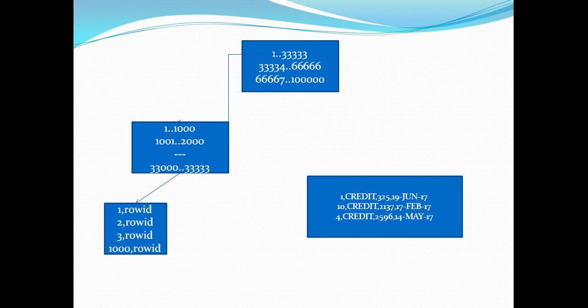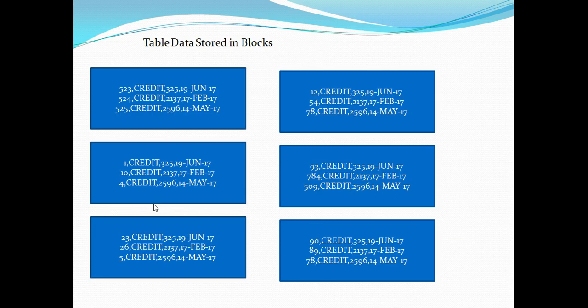The second transaction that I want to extract is for transaction ID 26. So I will go through the same operation. I will go through the root block. I will know that, okay, this belongs to the leftmost data. I will do another random IO and let's see on which block 26 belongs. So the transaction ID 26 belongs to this block. Remember, we have already read this block when we were trying to traverse for the transaction ID 1.